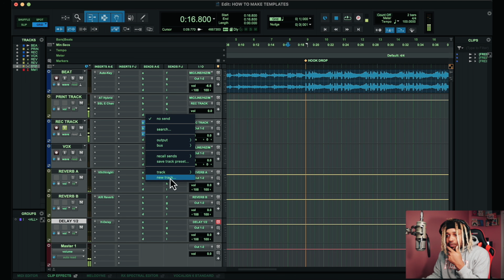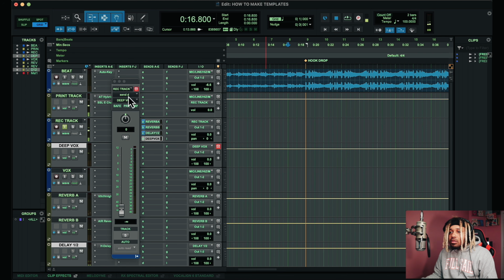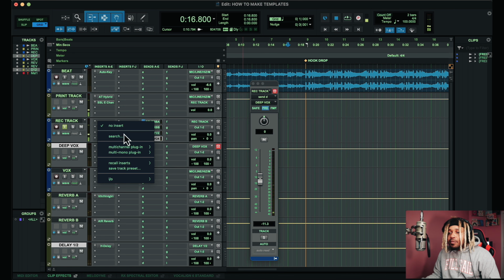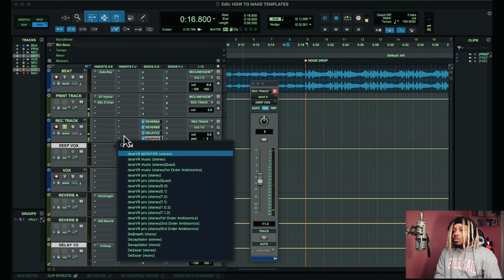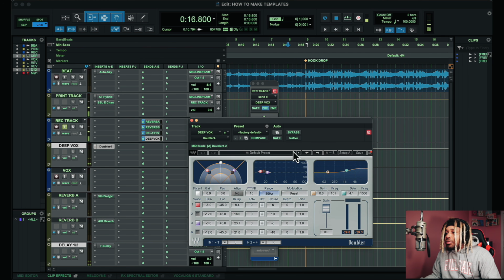So like, let's say we wanted, what, like deep vox. So we could do a deep voice, right? So let's go over here, and do like this. So I ain't got that. So like I just, we could do double 4 stereo. Alright, it's a preset in here. It's a preset in here that'll be like a deep voice, like, you know, deep. It'll be like, where is it at? Deep voice, deep voice,